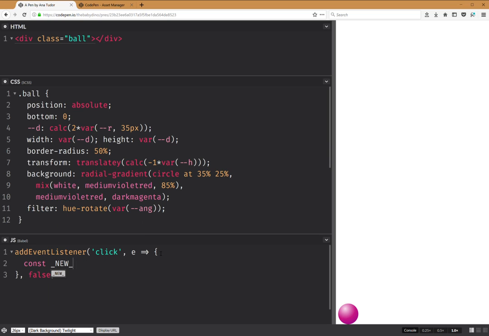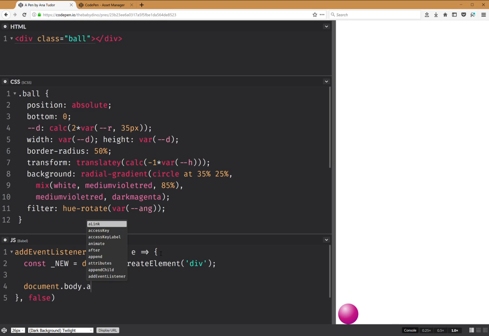New, and it's going to be document.createElement, div, and then I'm going to add this to the body, document.body.appendChild, new. Okay,